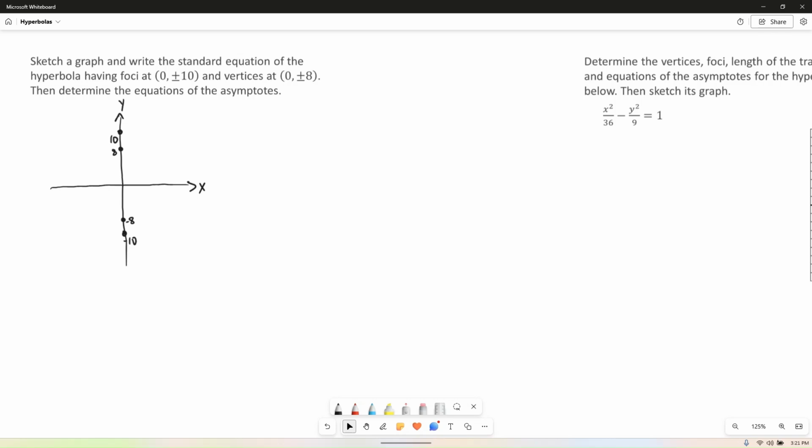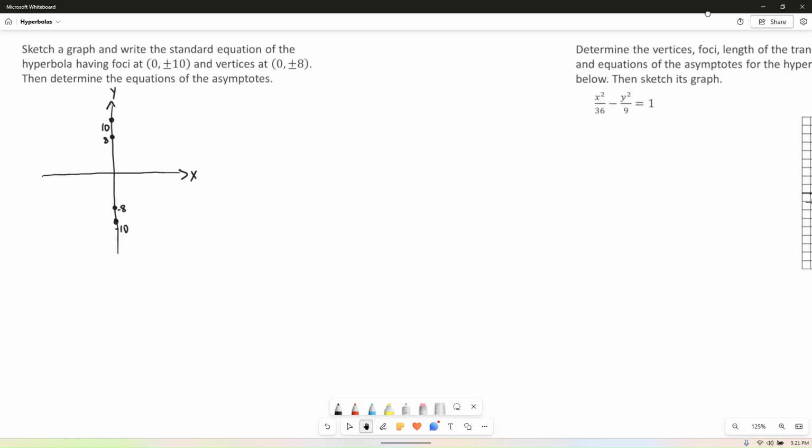The ellipse curves around both of the foci. For hyperbolas, remember, hyperbolas have two curves. There's actually two separate individual curves that we have. They have to travel through the vertices, and they have to travel around, away from each other, but also around the foci. So if the foci are at 10 and -10, and the vertices are at 8 and -8,